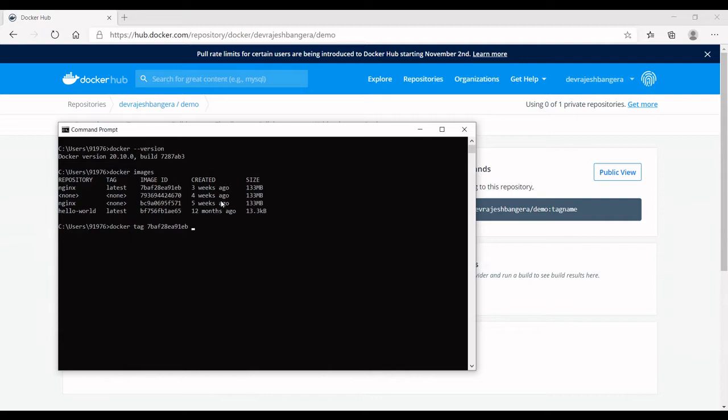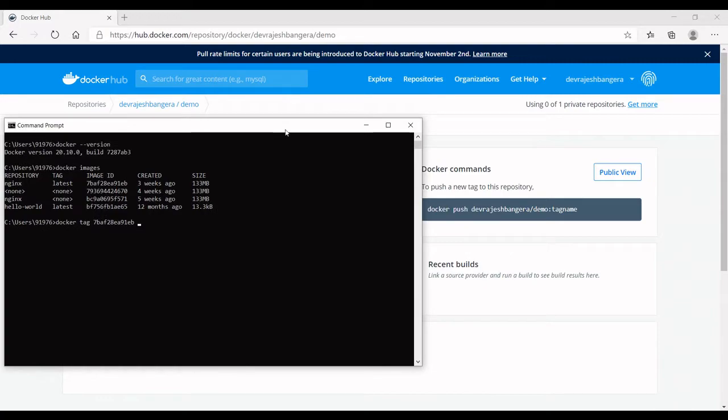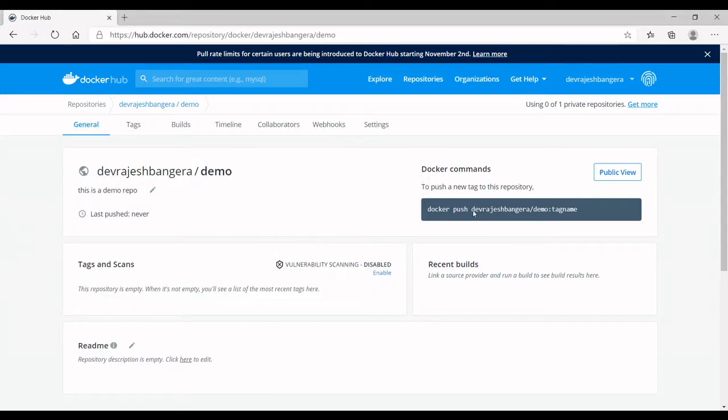The target image will be this one, which we can see here. In my case, this is Rajesh dev Rajesh Bangera/demo, that is the repository name, and then the tag name, which we will create anew.